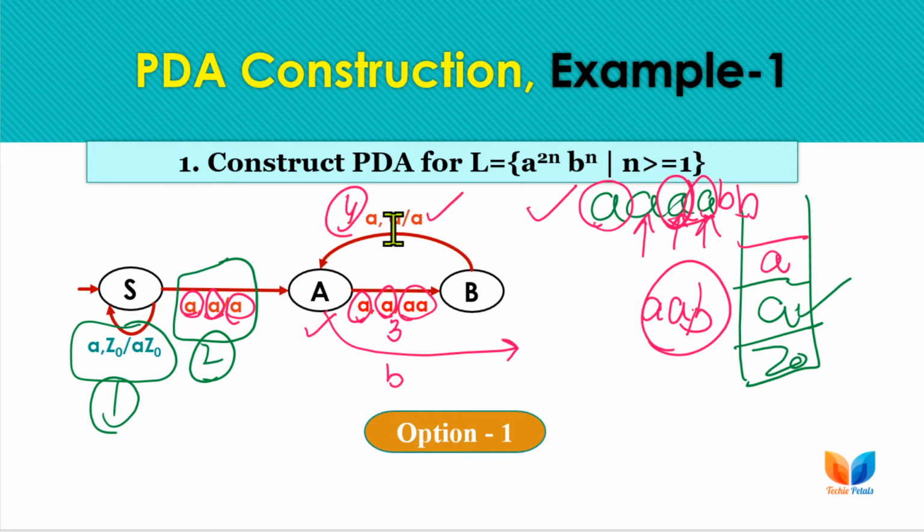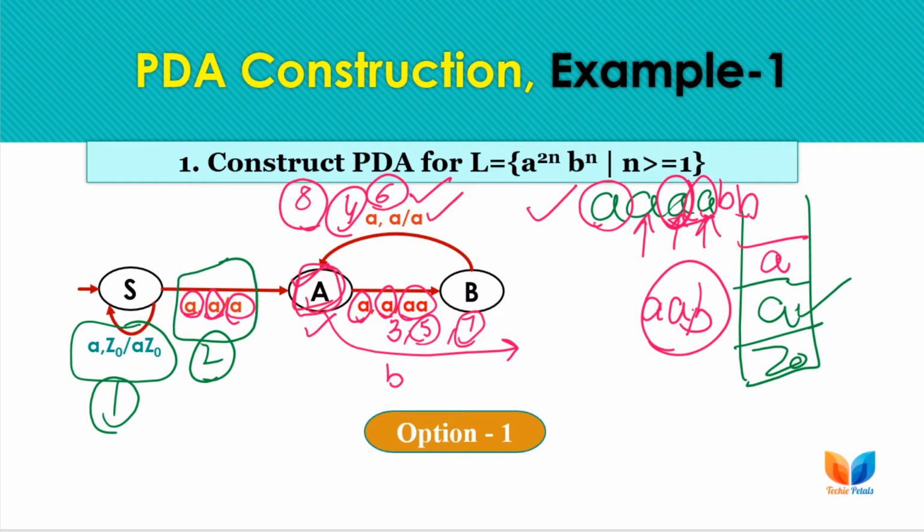Now we have just read the fourth A and are moving to the state A, from where we can start the pop operation. If we have more A's, suppose the fifth A also, we will push the fifth A onto the stack by this transition, then keep the same stack top for the sixth position. For the sixth A, same; the seventh A will be pushed onto the stack and we keep the same stack top for the eighth position A. So this process will be repeated for all the A's received before B's.